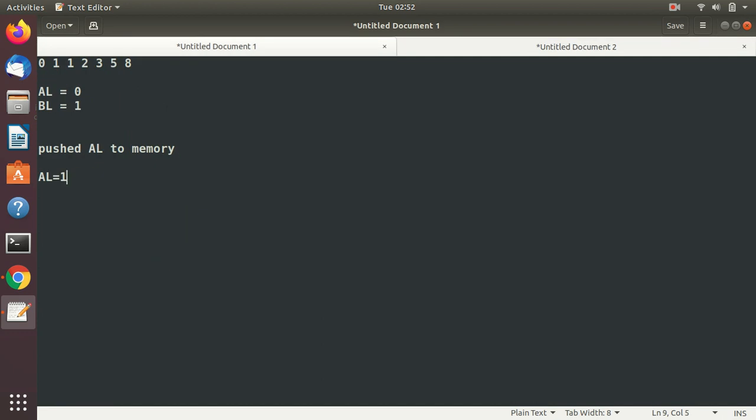so here what value had you pushed to memory? 0. Okay, so here again that number will be pushed. Okay, so here AL was 0, but you pushed it inside, so BL is now 0. And then the next number, so here again, see here the value of AL is the Fibonacci sequence. Okay, so AL was 0, so first number 0, then second number is 1, then push AL to memory,